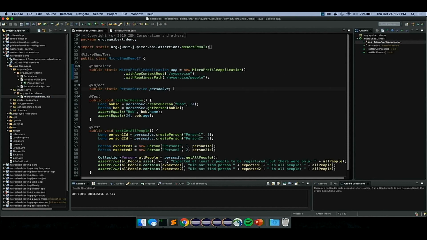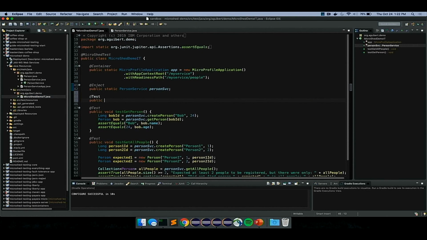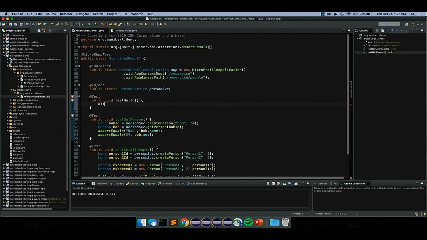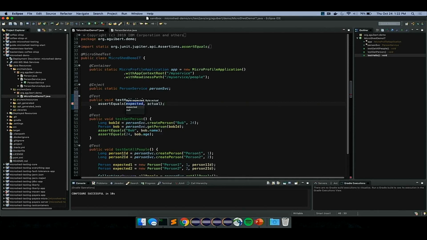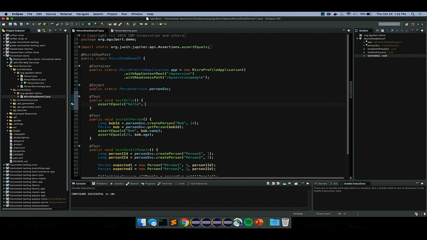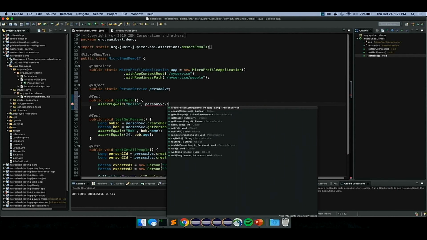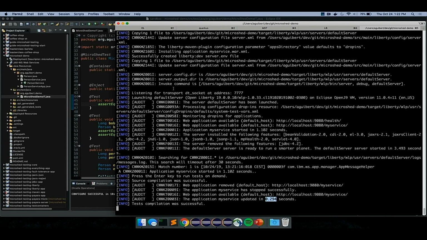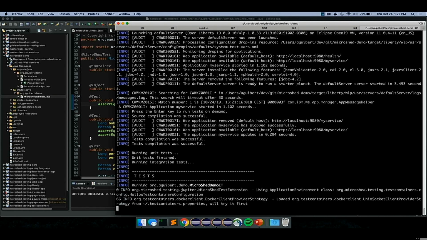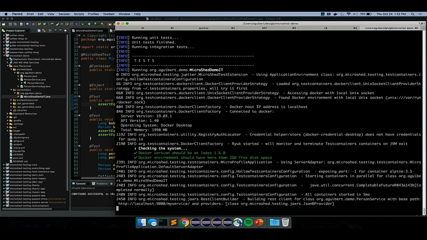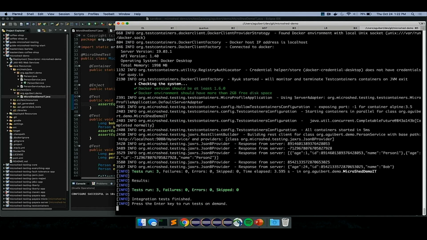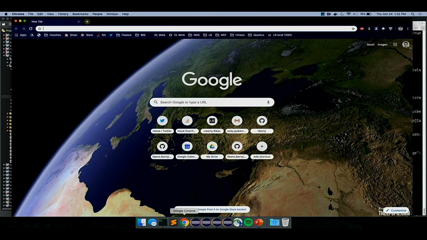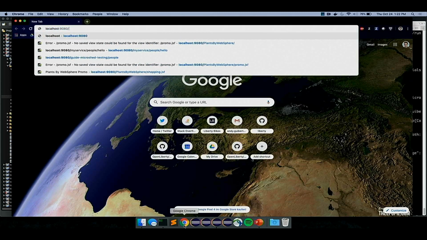Then I can go over here and write a test case for that new endpoint I added. I'll say testHello, and I'll just assert equals hello, and I'll call the person service sayHello. This looks like a standard unit test type call, but what's actually happening here is if I rerun these tests, it's going to invoke an HTTP GET request at my running application server and then get the JSON response back. So if I go to a web browser here, and I think I'm at localhost 9080,